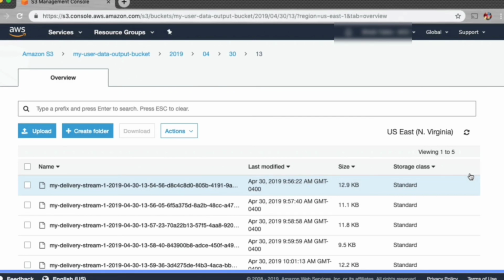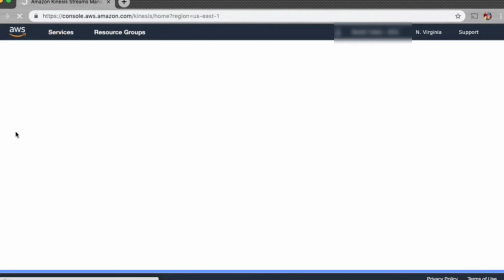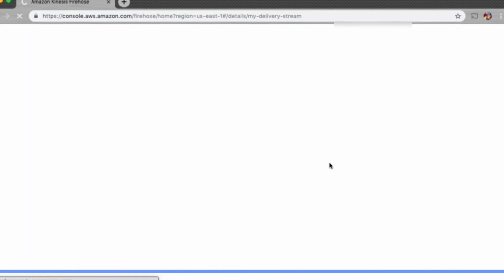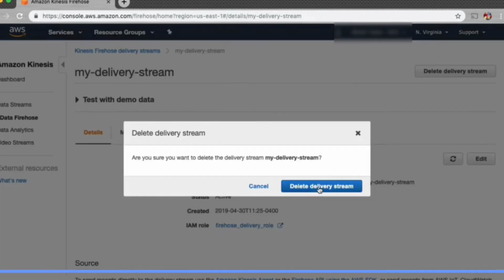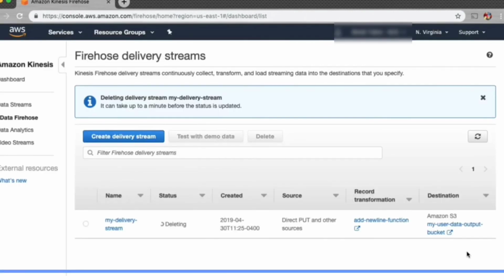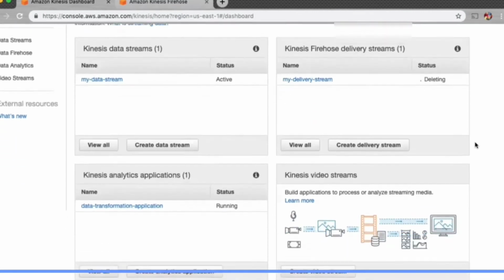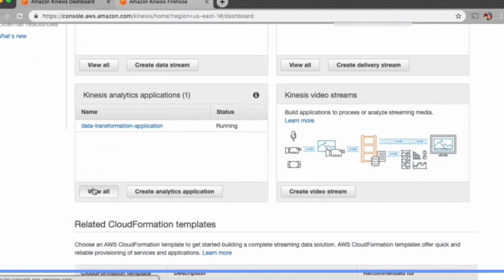Go ahead and let the flow of Kinesis continue to put records onto your S3 bucket. Let it run for about 10 minutes, and then we'll go ahead and proceed. I just wanted to make sure that everyone has enough data within their S3 bucket that we can manipulate in a later lab. Now, this is the end of the lab, and I want you to go ahead and delete all of the resources that we created.